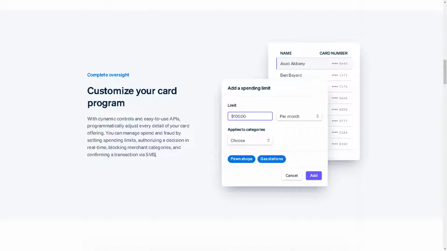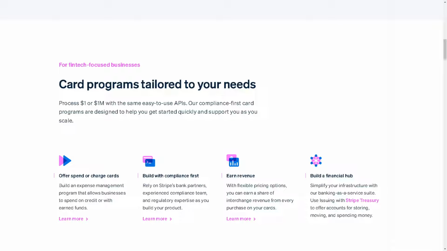You can also have the option to customize your card, wherein with dynamic controls and easy-to-use APIs, you can programmatically adjust every detail of your card offering. You can manage spend and fraud by setting spending limits, authorizing a decision in real time, blocking merchant categories, and confirming a transaction via SMS, just like the option right here. And the virtual card program is tailored to your needs because it has the easy to use APIs, and the compliance-first card programs are designed to help you get started quickly and support you as you scale up in your